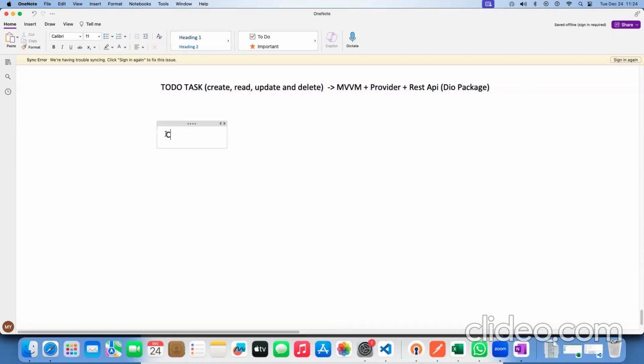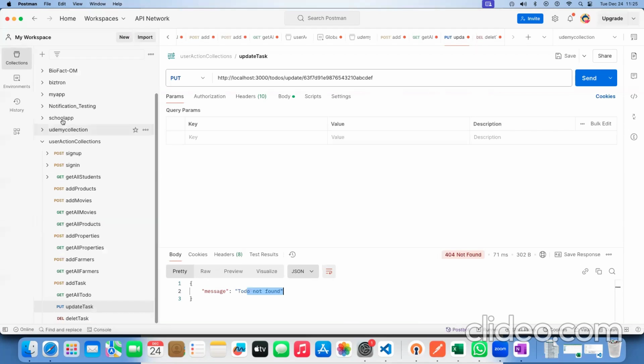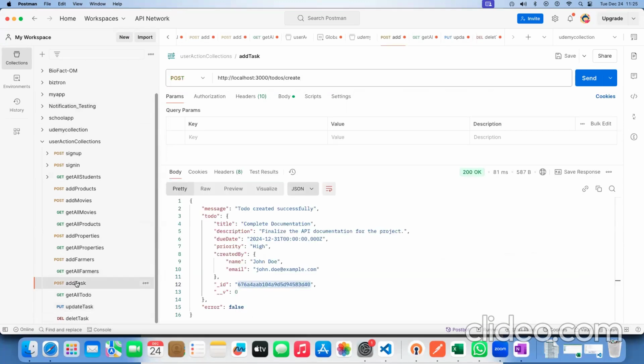First, create a task. For the task creation, what are the required fields? Those APIs related to this operation are available. This is my Postman collection. In this Postman collection, this is the add task. The add task is a POST method